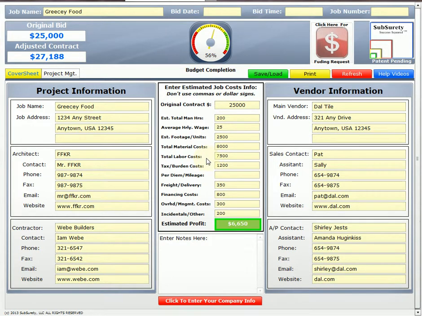Hello and welcome to our training on the PM Tracker. This particular training is for the schedule of values and reports pages. We are continuing our training with our fictitious job for Greasy Food, our Greek restaurant, and we are on our